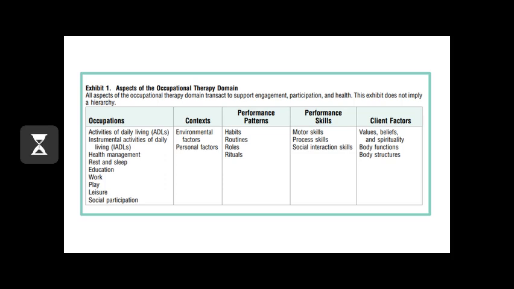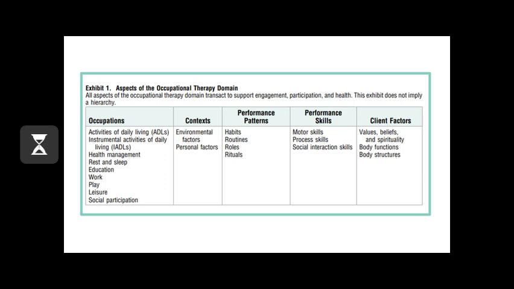Attitudes, so observable evidence of customs, practices, ideologies, values, norms, factual beliefs, religious beliefs that are held by the client and other people who work with the client. Service systems and policies. These are all environmental factors which are going to impact an ability of an individual to